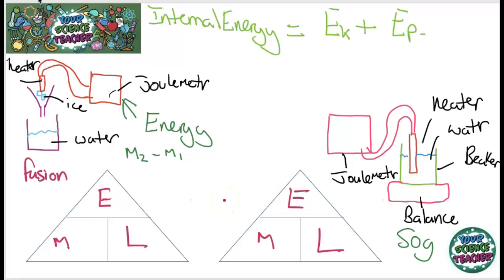Often you won't actually have a chance to do this practical in school, but it's important to know that it could come up. It probably wouldn't want you to know how to carry it out, but they might actually ask you to calculate specific latent heat. So it's important to know what the L represents here. That's the latent heat. The E represents energy. Remember, energy is measured in joules, and then the M is for mass.